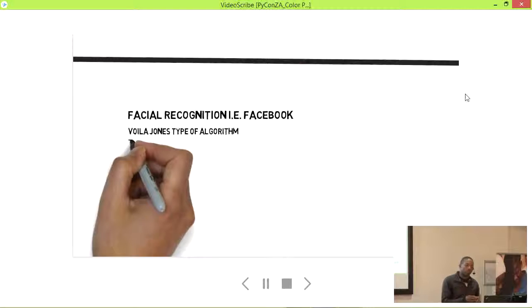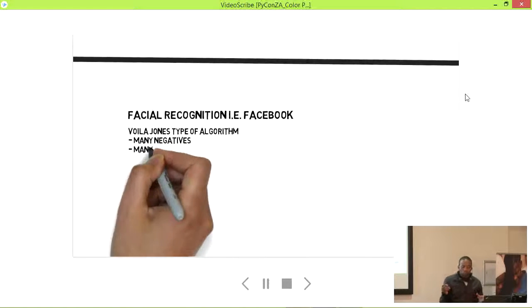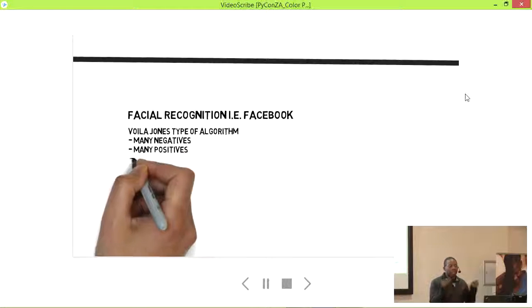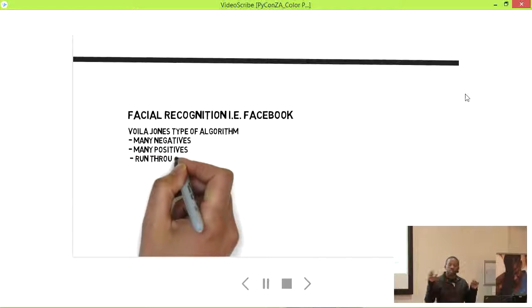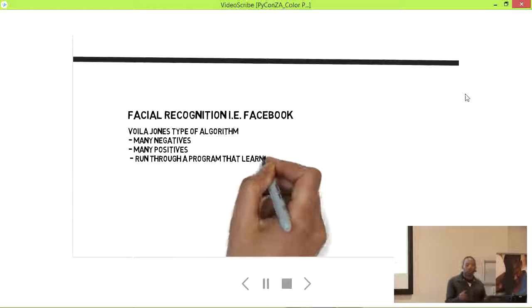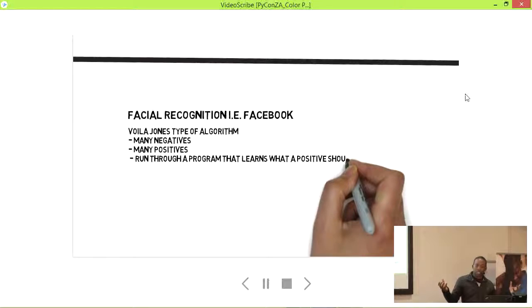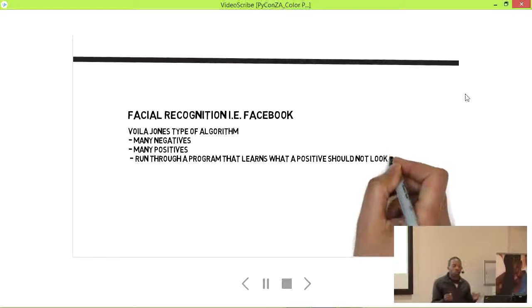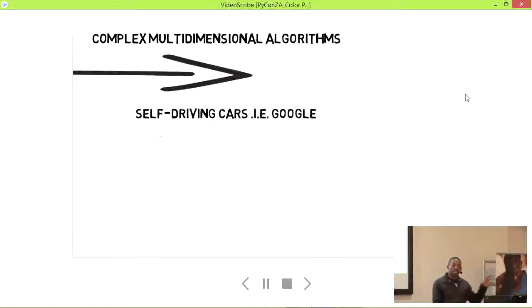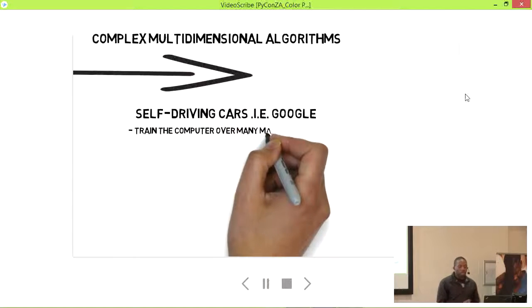It's not just about recognizing, but it's now about actually giving back and, can I call it, equaling a specific face. So you're looking at creating many negatives, and it's a Viola-Jones type of algorithm, and you're looking at many positives. And you're now saying, in order to recognize a face, we're going to say negatives, positives, then you kind of recognize it.